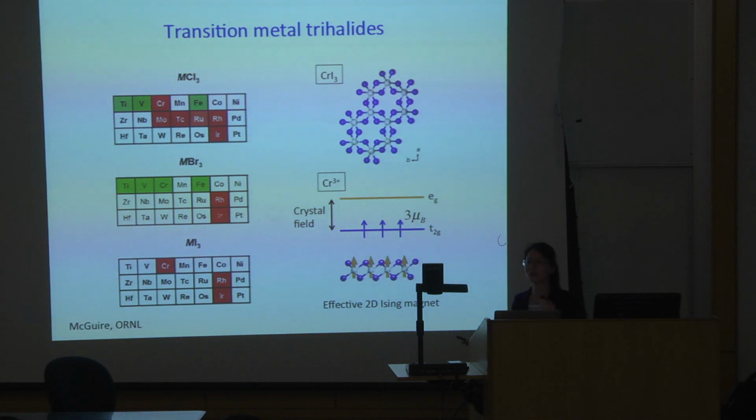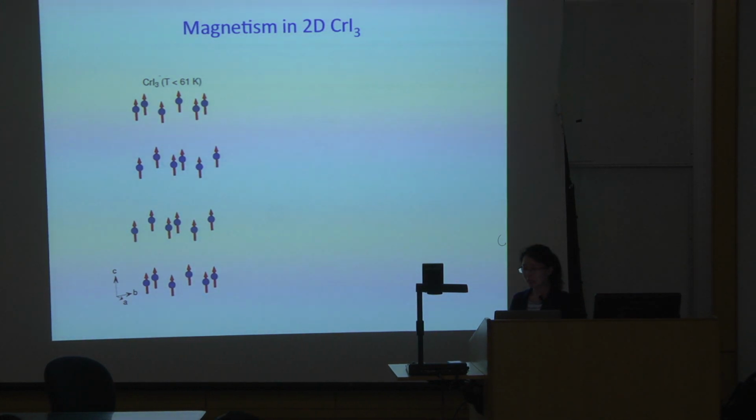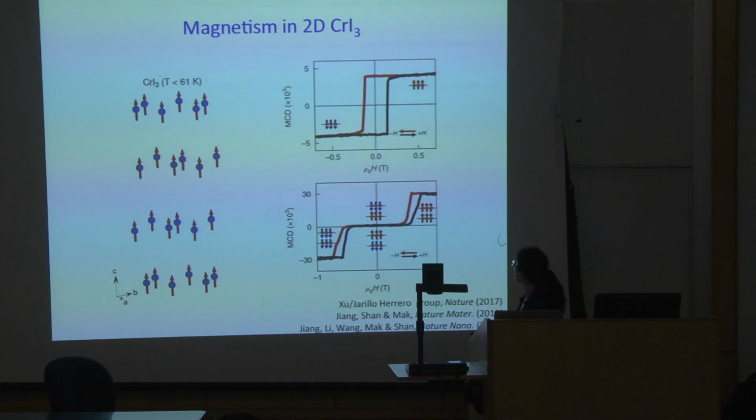And this system itself is interesting, by itself. So let's look at the interaction strength. So bulk chromium iodide has a Curie temperature of about 60 Kelvin. And then if you convert that to energy, that means the interaction coupling is on the order of a few milli-eV, right? And we have done, and the original paper also has shown, that this material shows a very